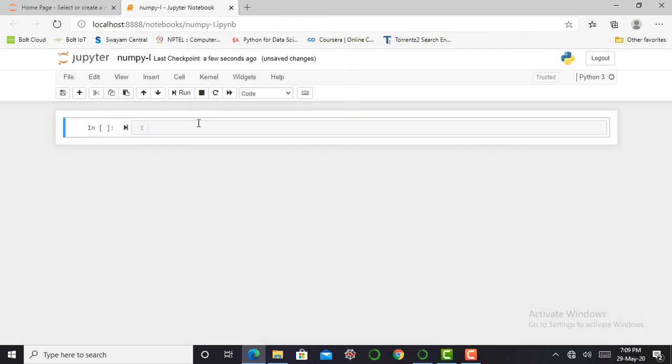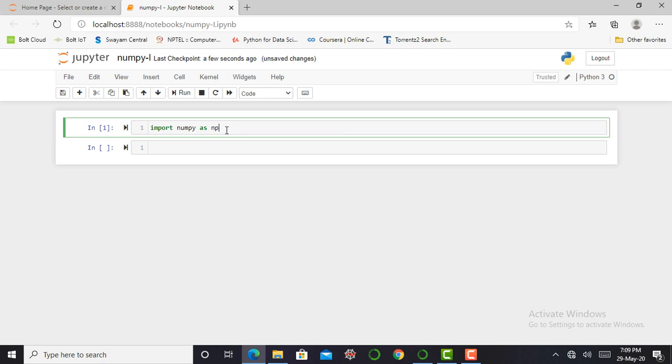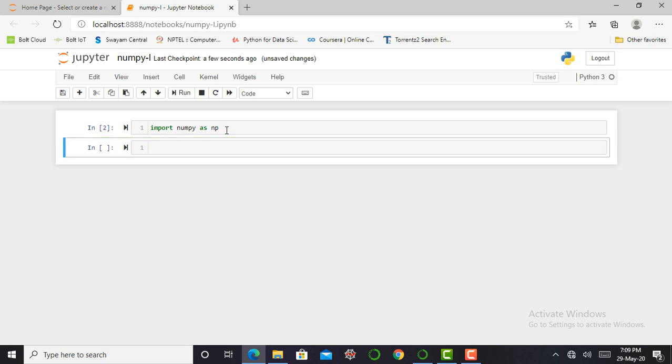After that, the first procedure is to import the NumPy library in this notebook, and we can import it by typing import numpy as np. You can run this cell here, or directly by pressing Shift and Enter.